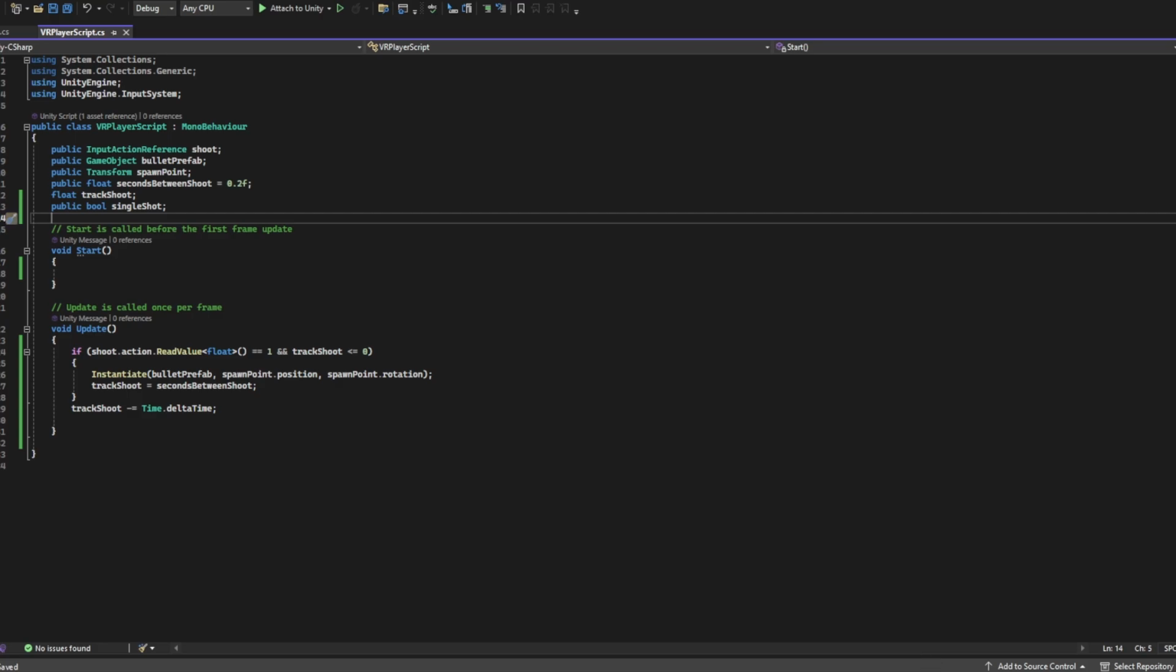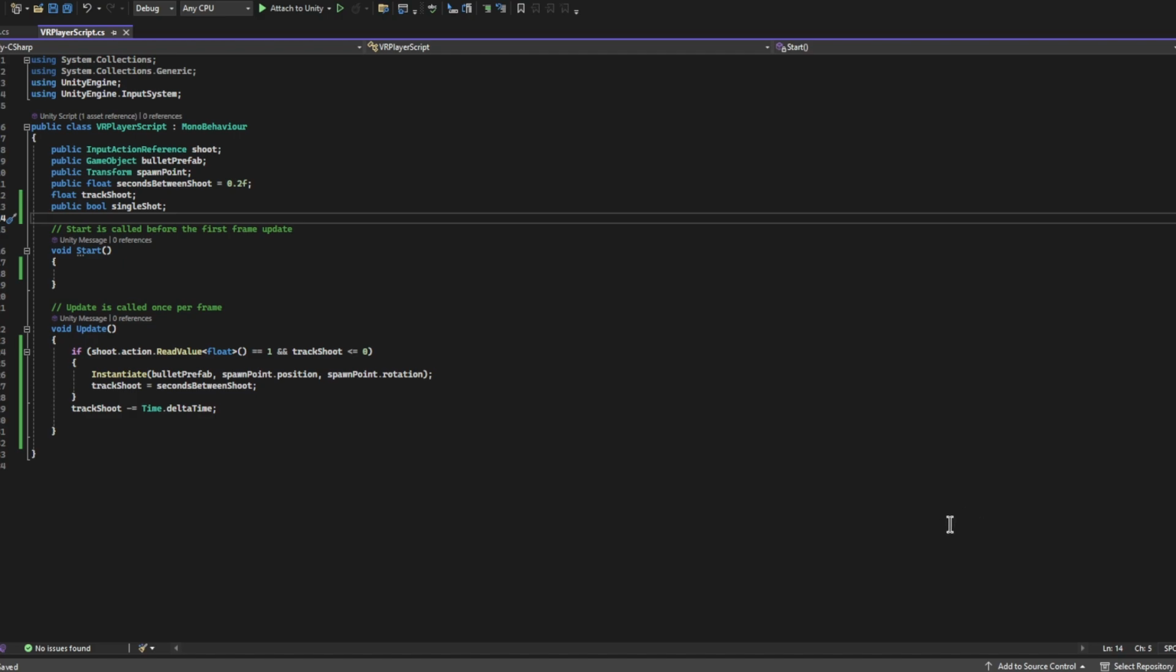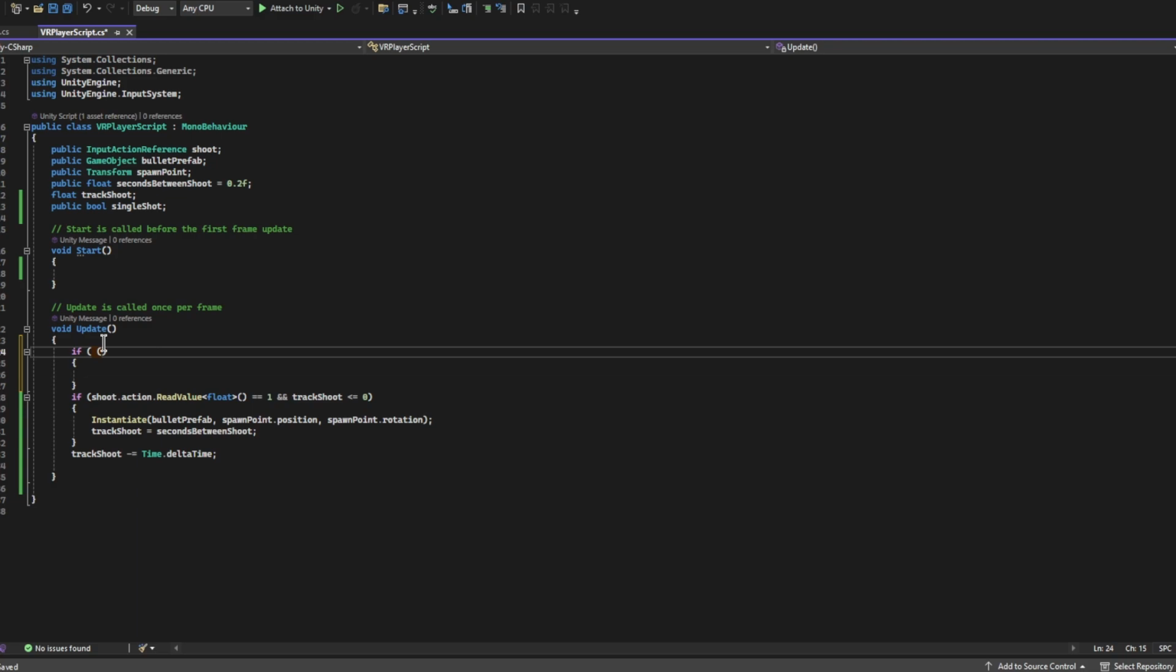So if I go back into Unity, you can see when I click on the XR origin, which is where we have our player script, we now have a single shot checkbox that we can check on and off. So I'm going to leave that off for just a second. And now back in our code, what we're going to want to do is put all of this inside of an if statement and have all of the stuff from our previous tutorial only happen if single shot is set to false. So we're going to write if